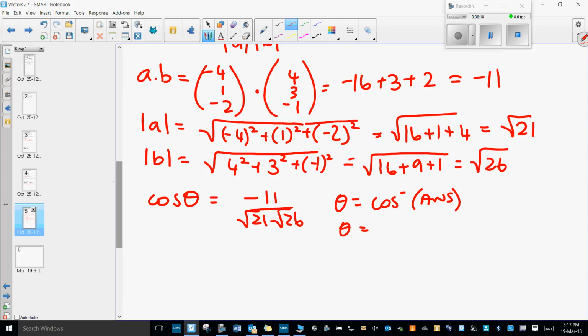This is just one angle. You will do this for the other one, or at least one other one. I don't think you'd get one like this, but it's quite good because it's bringing in lots of things that we've been doing. 118? Yeah. So if we were doing this properly, we would then find the angle between